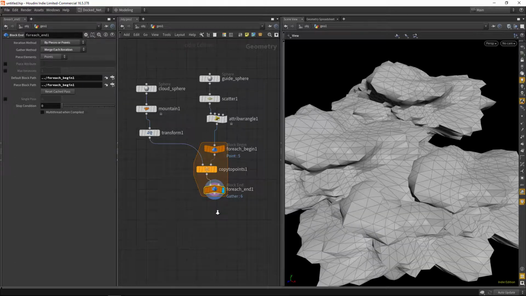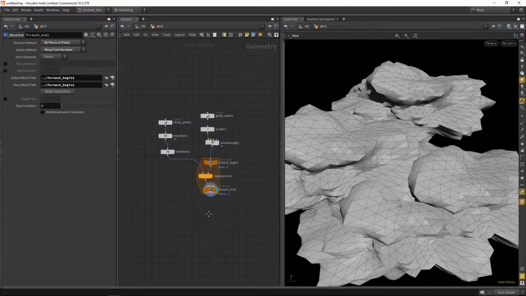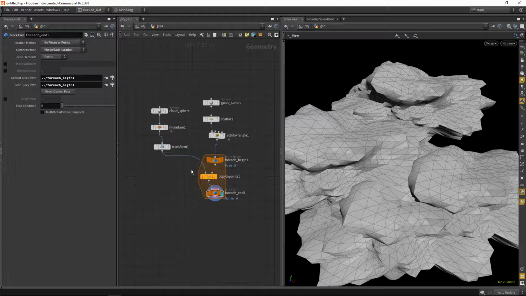So turn that off, and let's clean up our graph a little bit. So I'm going to hold down the A key, and you see the cursor changes its icon. If I click and drag down and let go of the mouse, it will automatically align these vertically, and I'll do the same over here. So now they're all lined up,